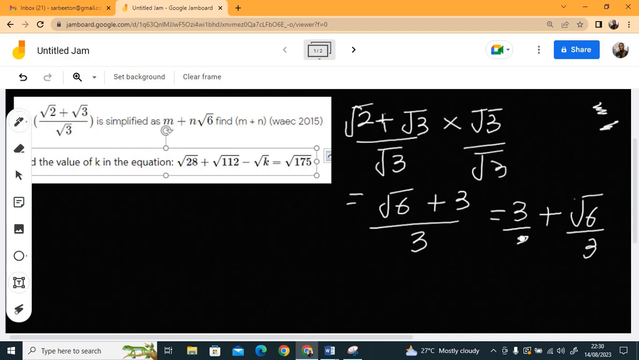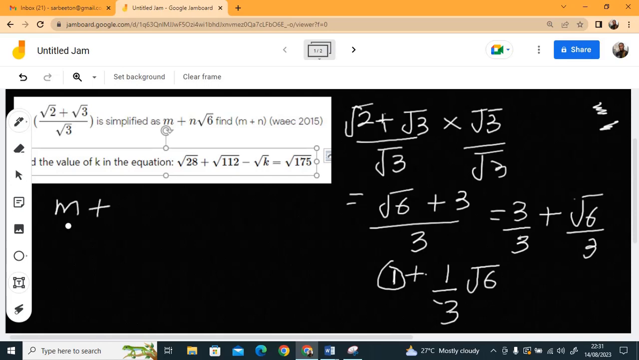This is 3, right? So 3 divided by 3 is 1. So I can have 1 plus. You see here there's an invisible 1 here. This thing means 1 over 3 root 6. If you understand, this is 1 over 3. It means 1 times root 6 is still root 6 over 3. It still translates back to this. So I just said m plus n because this is my m and this is my n. So m plus n